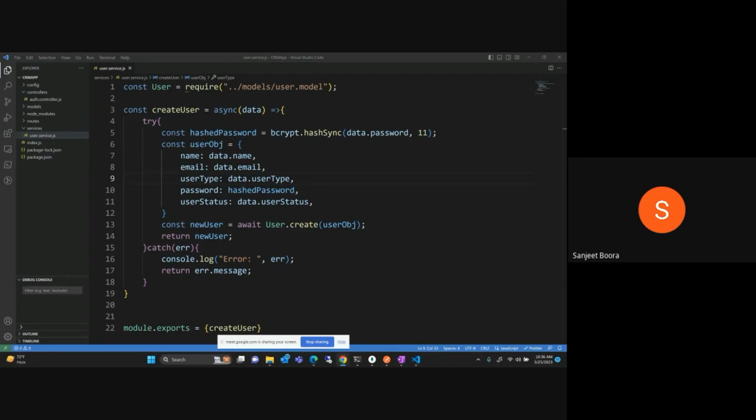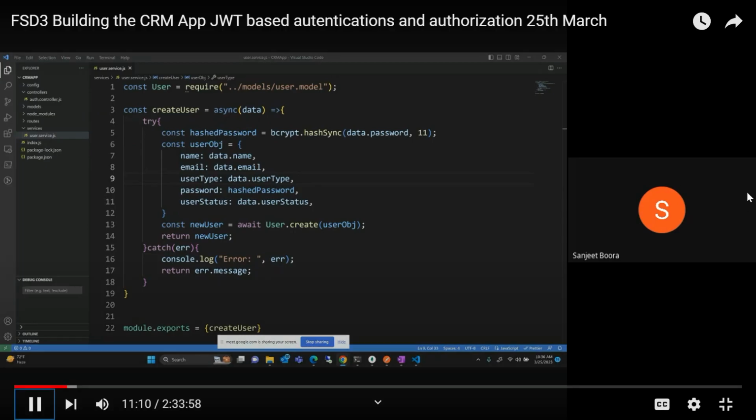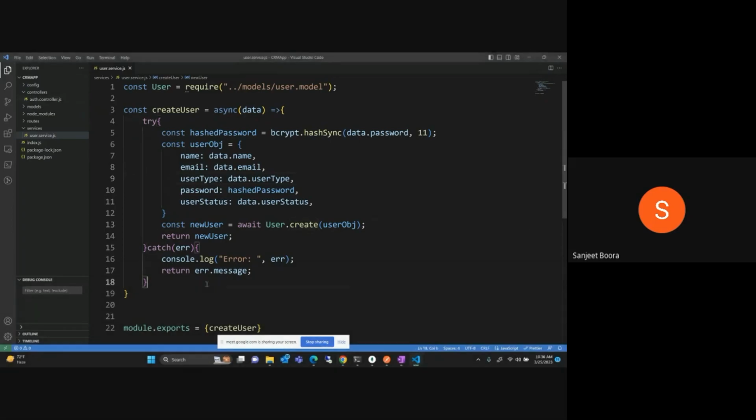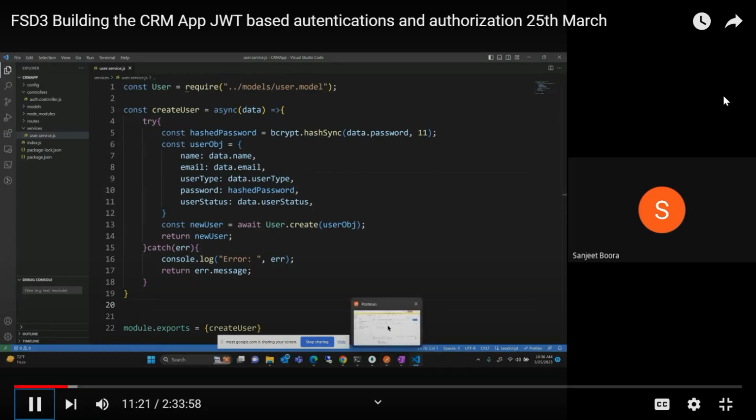Because there are multiple hooks. I'm not sure if there is something like before as it was in Sequelize, but there are hooks like lowercase and all. Those work. Cool. So here we have this hashed password and cool. So we are done with this particular part. Let's see. Let's run our